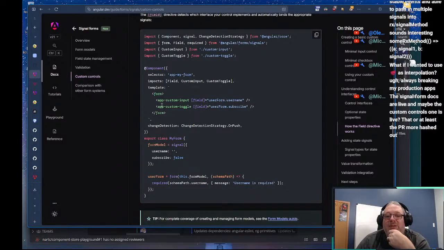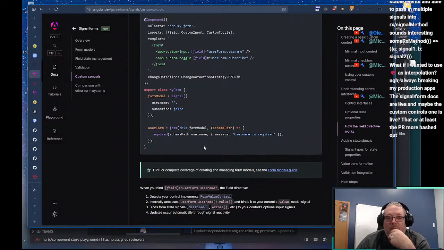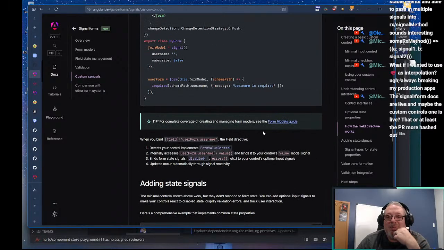So the field is looking for you to have used either the checkbox or the field control. That may be why we can't use field on custom controls, that we pass it through.